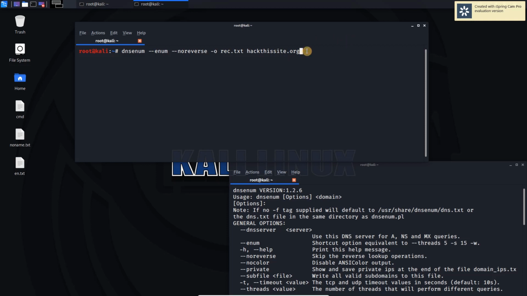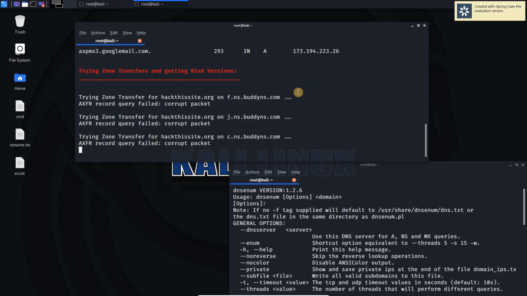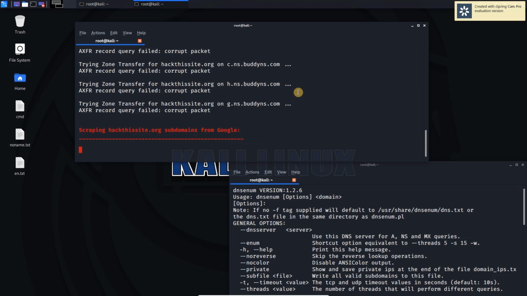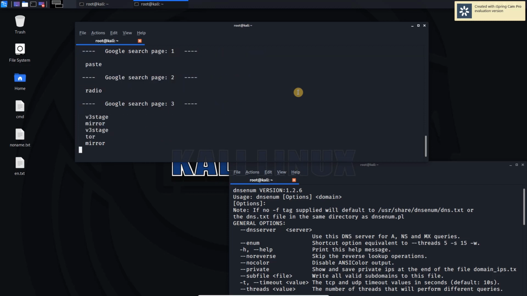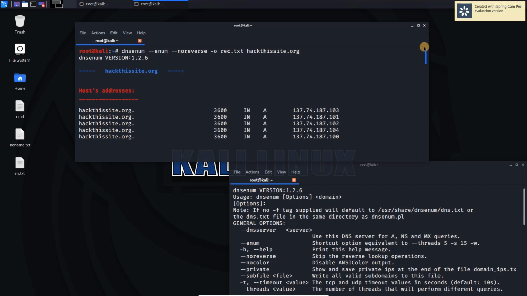So now I will start the DNS enumeration. It has started DNS enumeration. Brute forcing will take time, till then let's have a look at the first results.